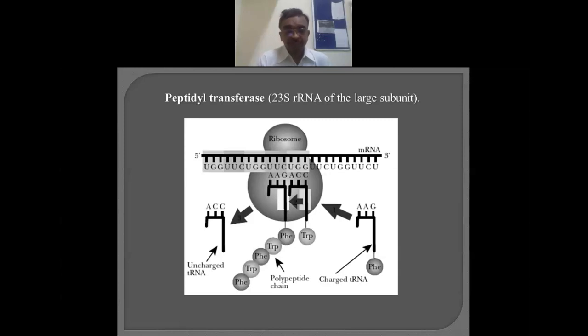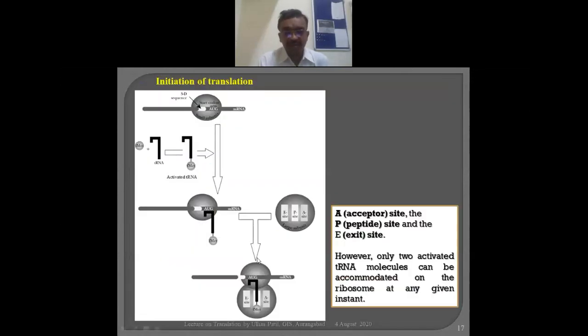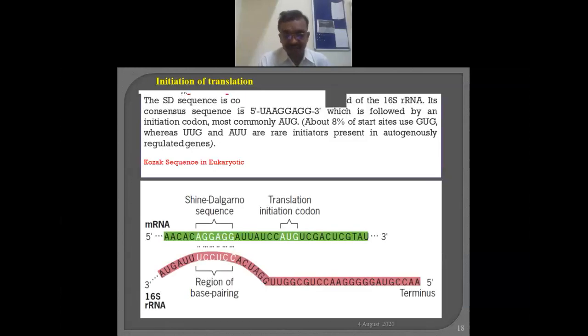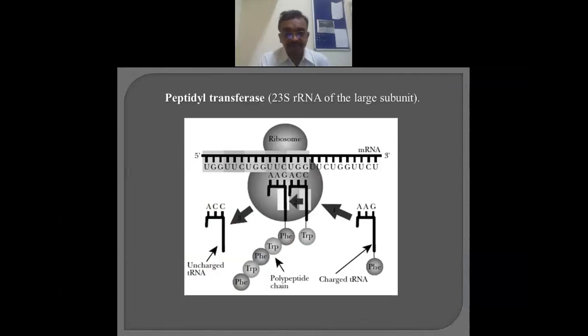Now, this is the elongation process. In the elongation process, what happens? Here, keep in mind, this is the structure. Here the acceptor site means the tRNA comes here, then it translocates. Once it has moved, at that time when the tRNA is here, at this particular place, the peptide bond is synthesized. Here, the peptide bond is synthesized.